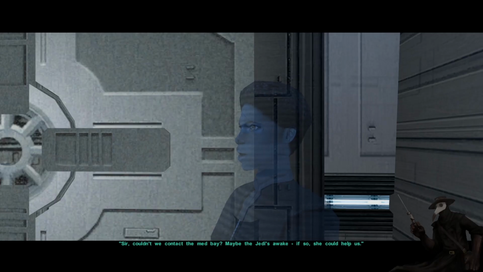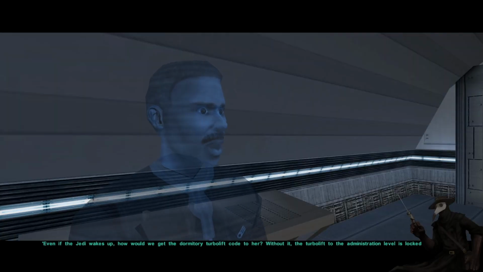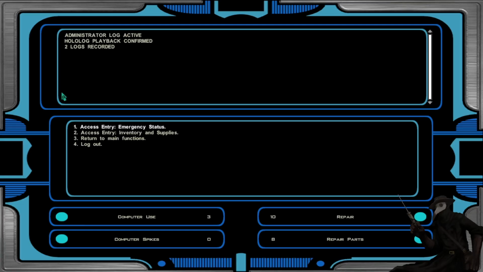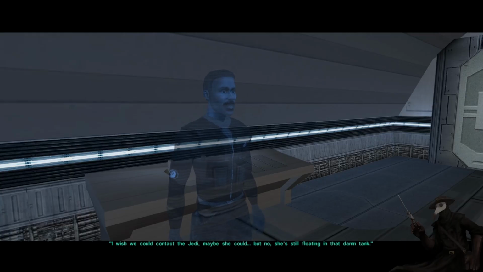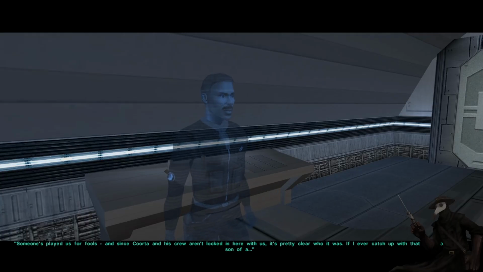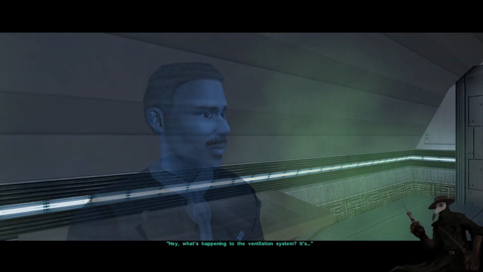Sir, couldn't we contact the med bay? Maybe the Jedi's awake. It's... No good. The link to the medical computer was severed from the hub, just like the administration console. Even if the Jedi wakes up, how would we get the dormitory turbo lift code to her? Without it, the turbo lift to the administration level is locked down. Alright, what about supplies? We just took an inventory of our supplies. We've got enough emergency rations in the dormitories to last almost a month. But with all the problems in the facility, I don't know how long we'll last. I wish we could contact the Jedi. Maybe she could... No. She's still floating in that damn tank. Someone's played us for fools. And since Kotor and his crew aren't locked in here with us, it's pretty clear who it was. If I ever catch up with that Mandalorian-loving son of a... At least the air scrubbers are still working, even though they're tied into the... Hey, what's happening to the ventilation system? This...